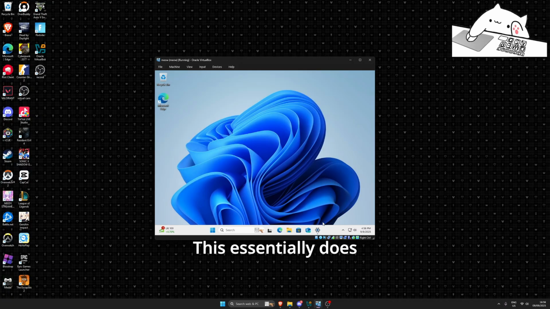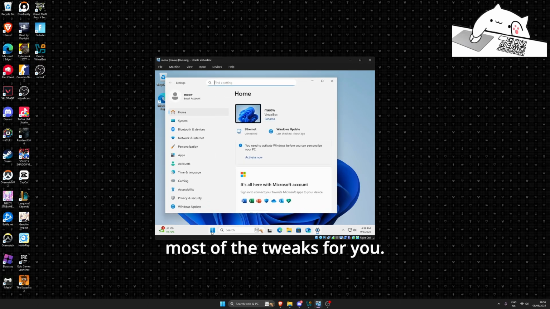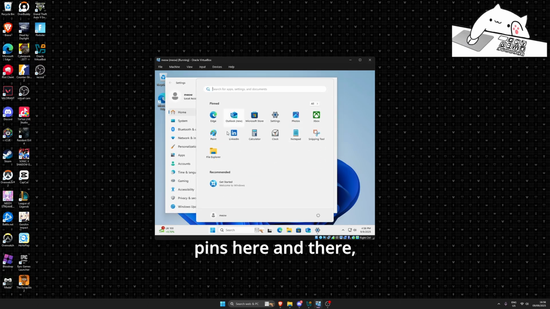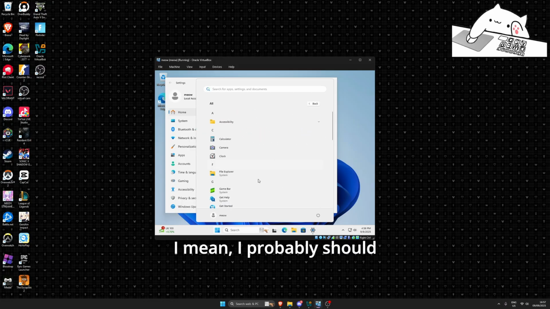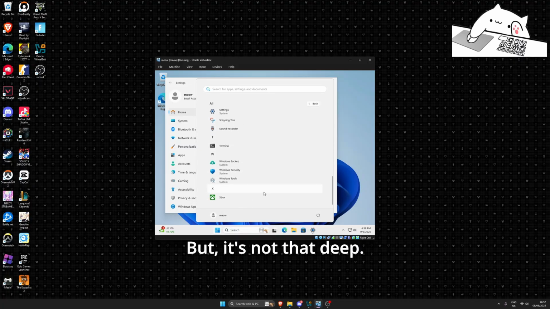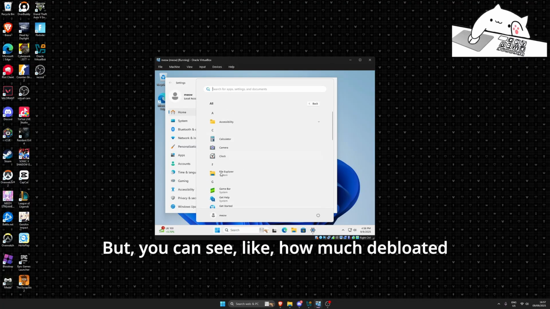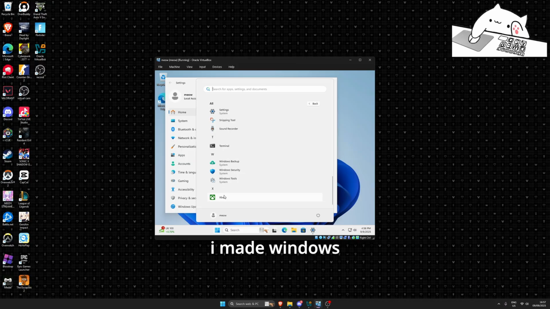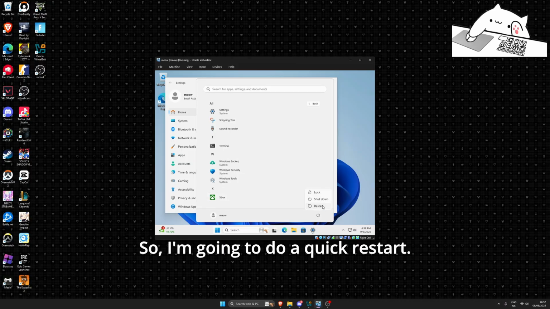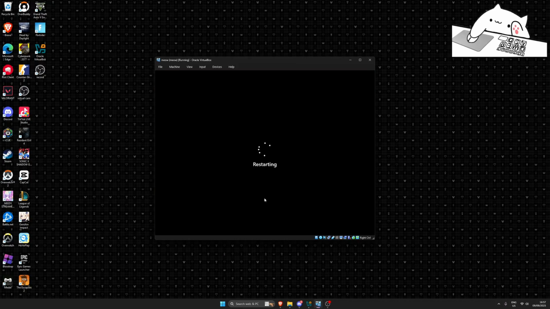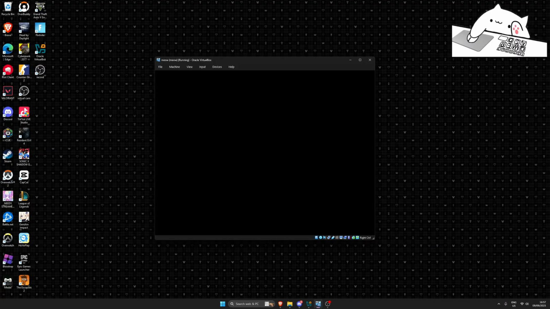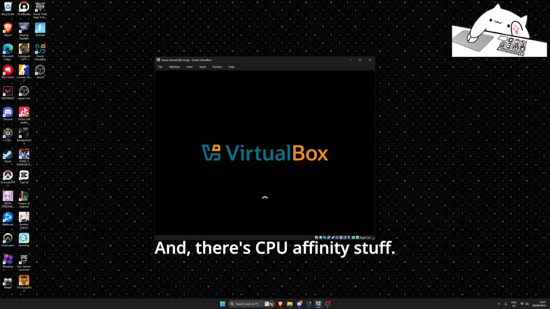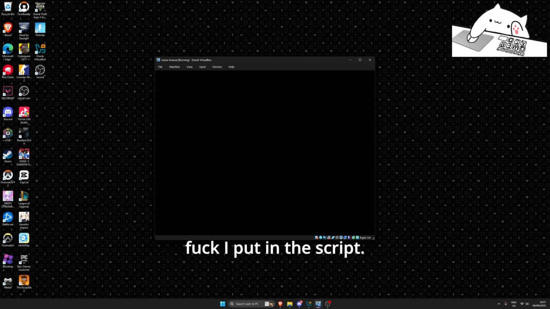But yeah, this essentially does most of the tweaks for you. And obviously you might still get a few pins here and there, like Outlook and whatnot, which you can just right click on and install. That's only two things. I mean, I probably should have got that in the first place, but it's not that deep. But you can see how much I debloated Windows. So I'm gonna do a quick restart because some of the tweaks do require a restart, like networks and whatnot, and the CPU affinity stuff. I don't remember what I put in the script, but